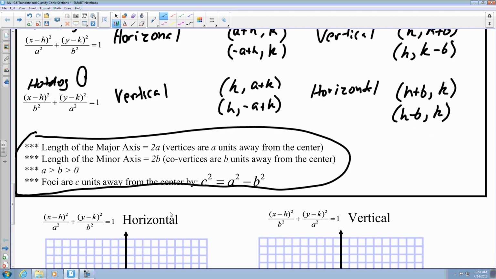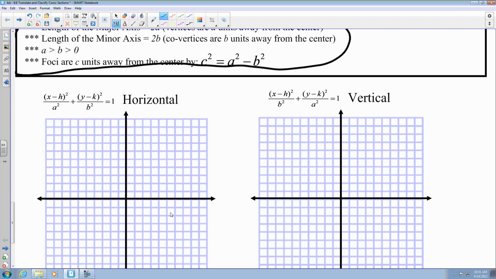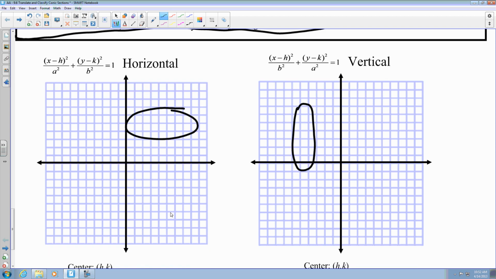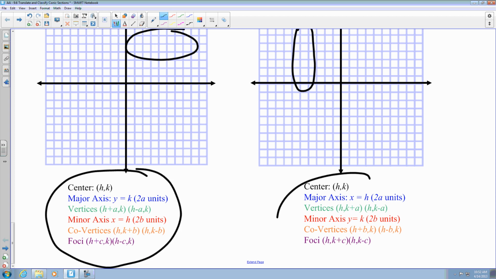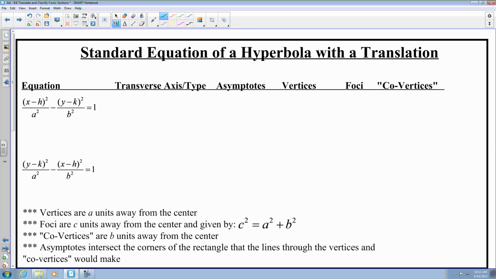And this is the example of our horizontal ellipse, and then this is our vertical one. It's a lot easier once you start diving into problems. And then here are the general values that help us solve it. So, okay. The last one is our